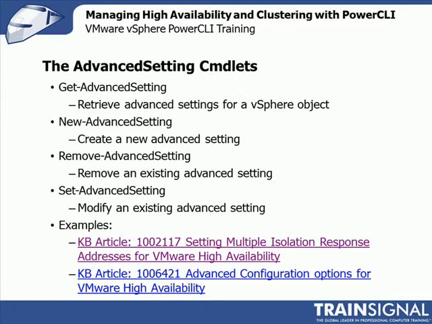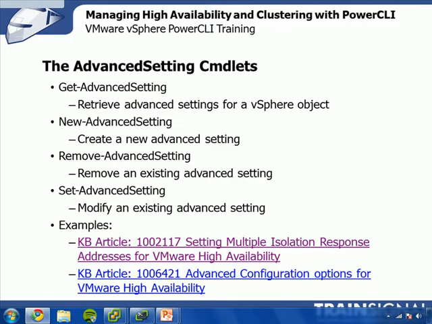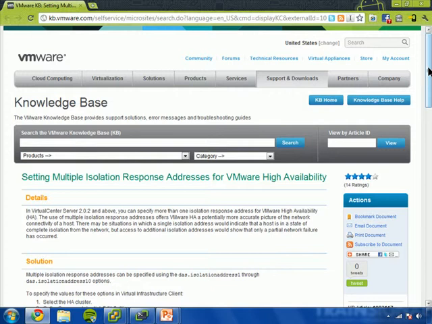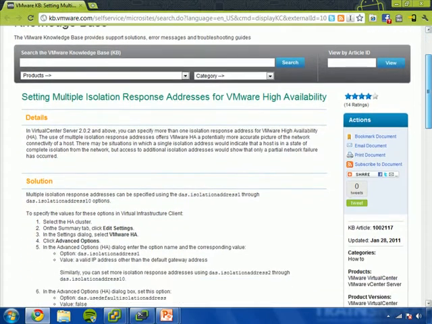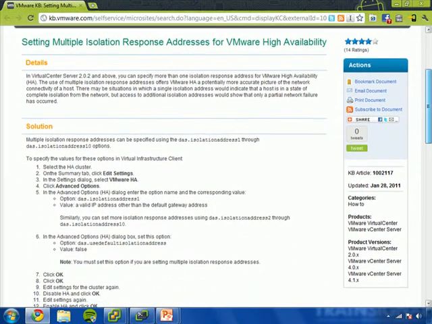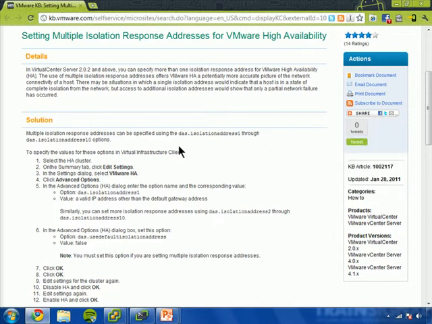And this is the real world example that I was talking about. You may have run into this yourself, but let me show you the KB article from VMware. There's a couple of them that I have flagged for you. This one's titled Setting Multiple Isolation Response Addresses for VMware High Availability. Long story short,